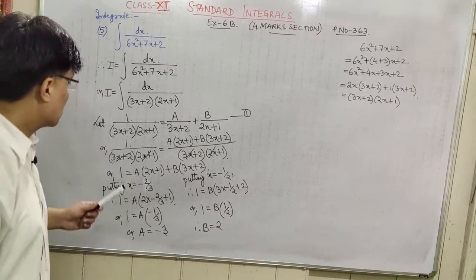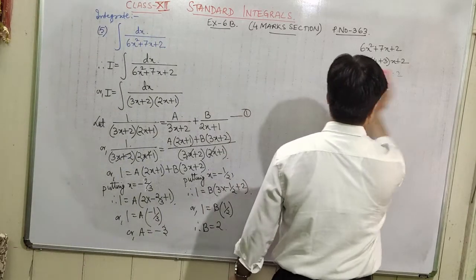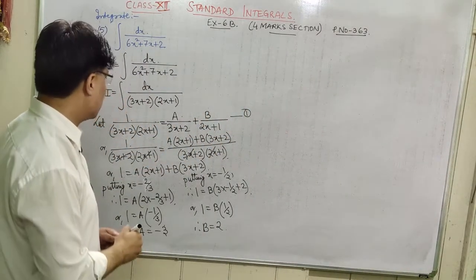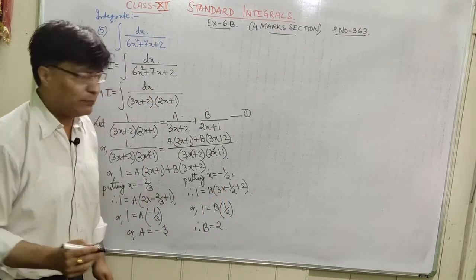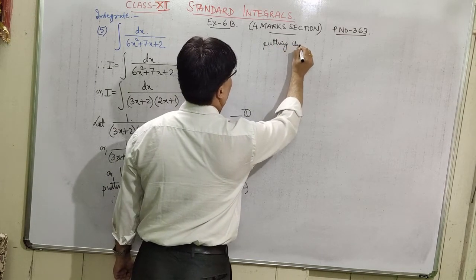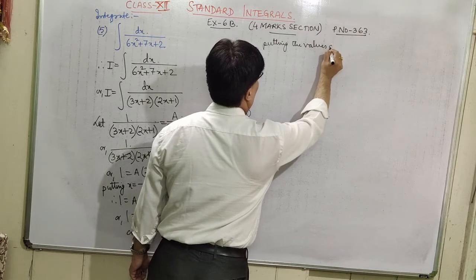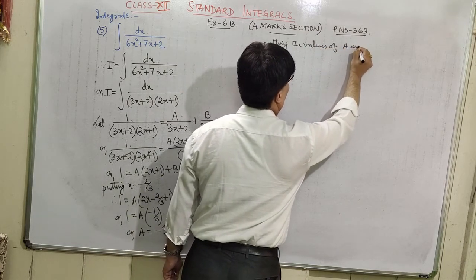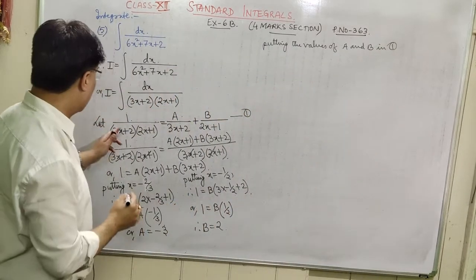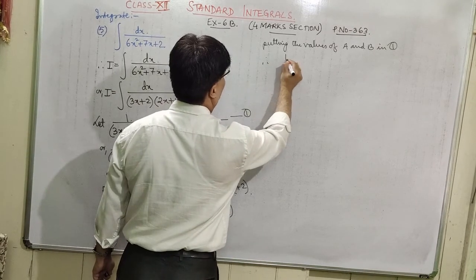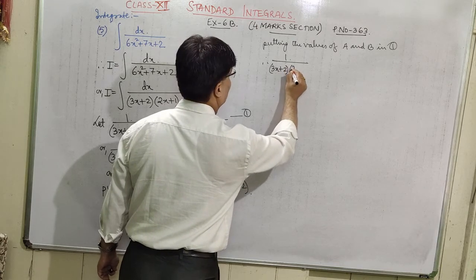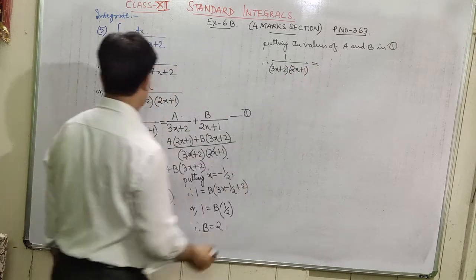Okay. So now let us put these values of a and b in 1. So let us write here, putting the values of a and b in 1. Right? So what do we get in 1? So 1 becomes, therefore, 1 upon 3x plus 2 into 2x plus 1, which is equal to